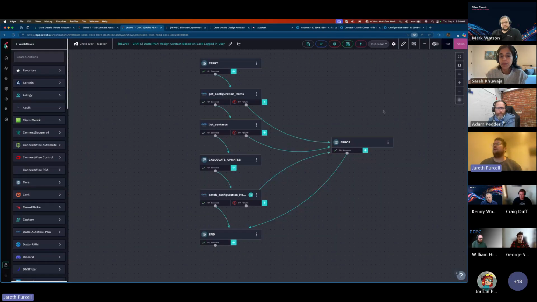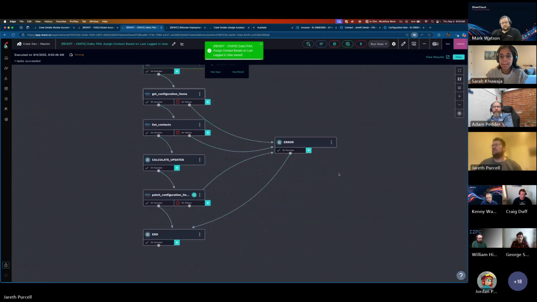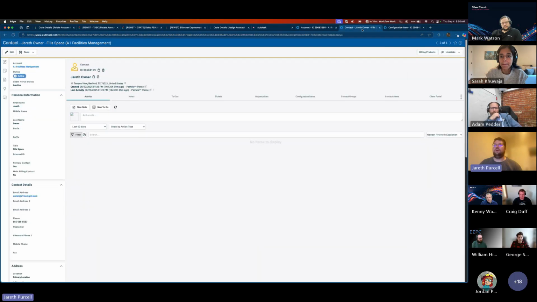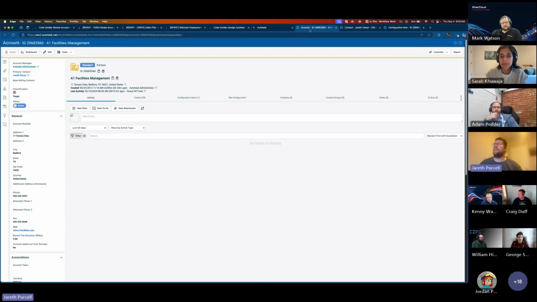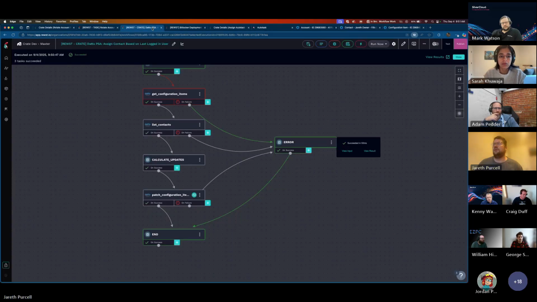Here's the workflow. You just run it, and it's going to do its thing. But you have your configuration item here. You can see that it's for a user called owner, and you have a blank contact field. Your workflow runs,